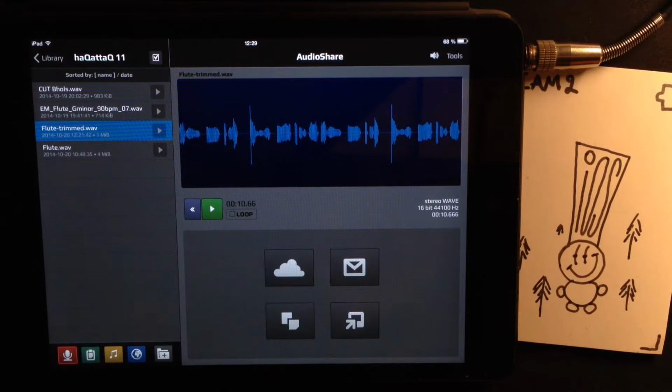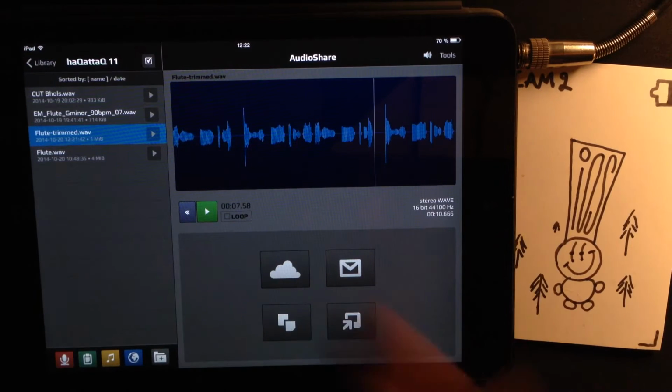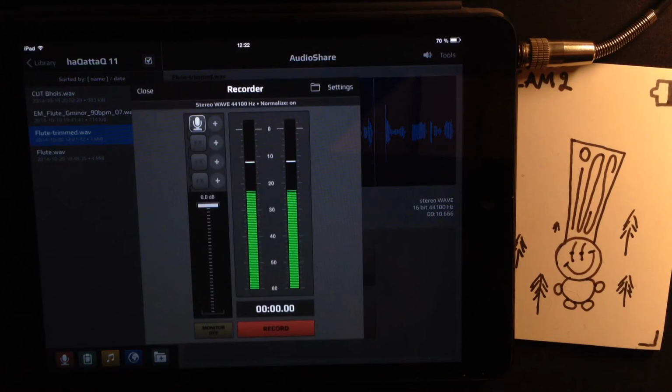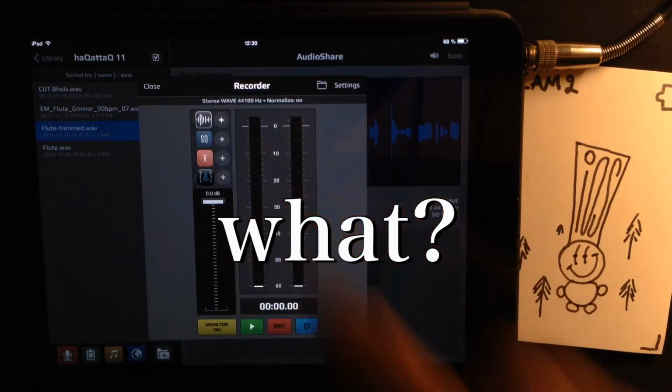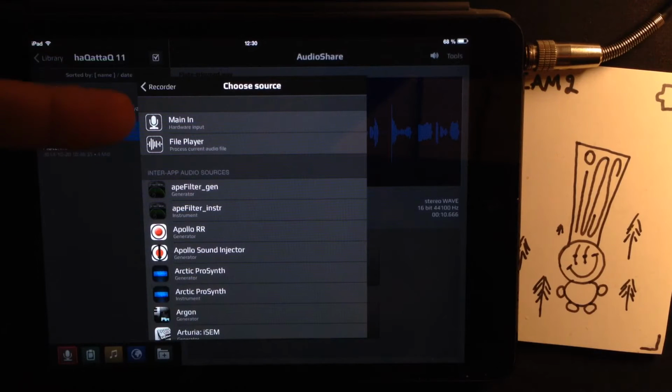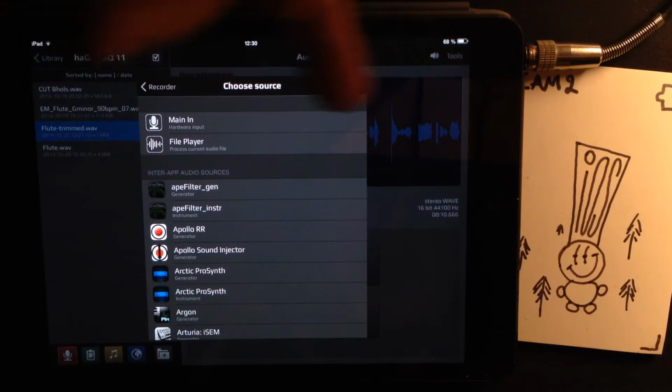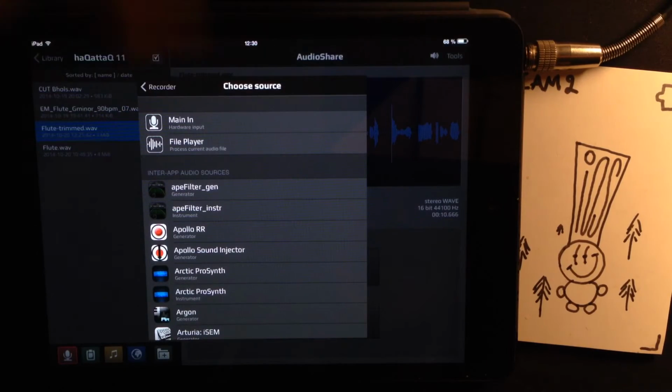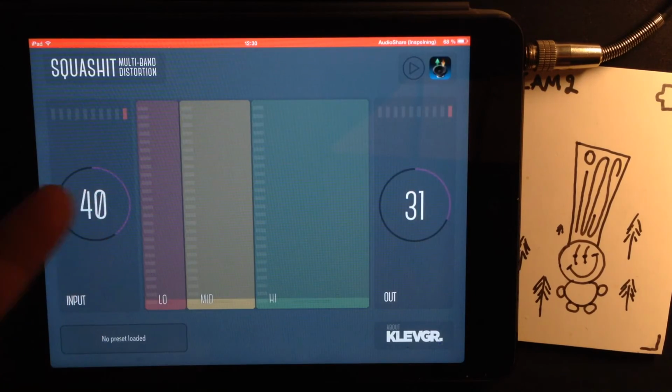Well, it sounds a bit dry, so we're gonna do something really nice with it, and we're gonna use that Norse power. We're already using a Swede-made app, and now we're gonna use more Swede-made apps. If you press that plus sign, you can see you have two choices, main in or file player, and file player is actually this thing in the background that plays the files. Squash It, Vandelay,